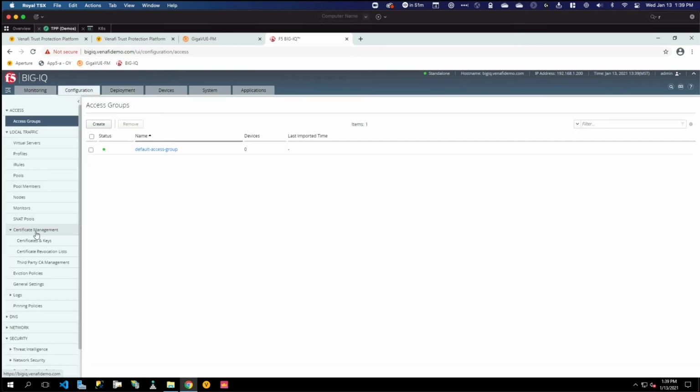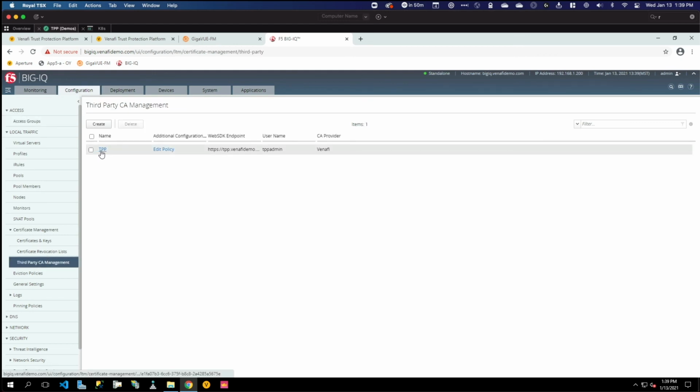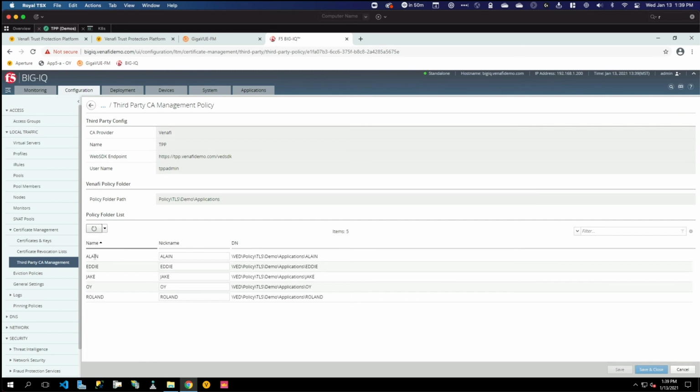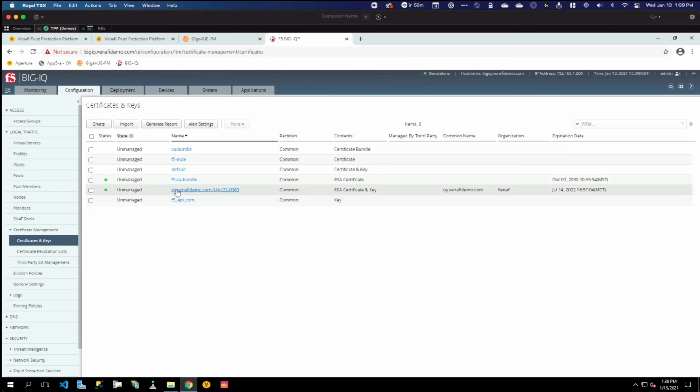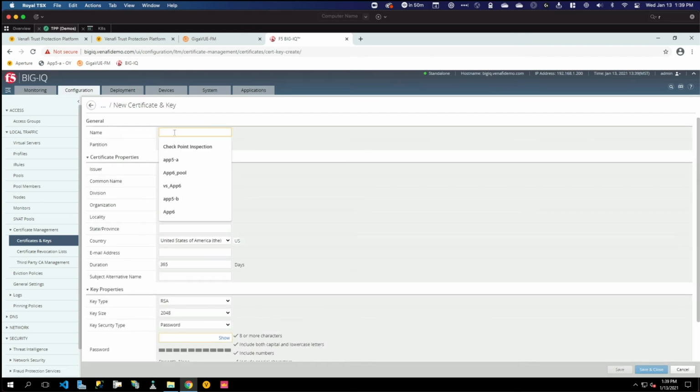So one of the things that I've already configured here is something called third-party CA management. So I've already configured my trust protection platform. We've already specified that those 5 folders we looked at earlier are available to our F5 administrators. We can see that my existing certificate is already in the F5 inventory, so this can be renewed by F5 admins if needed. But what we're going to do is create a net new certificate. And for this, I'm going to call it, let's say, elaine.venafidemo.com. I will select TPP, Trust Protection Platform, as the issuer,